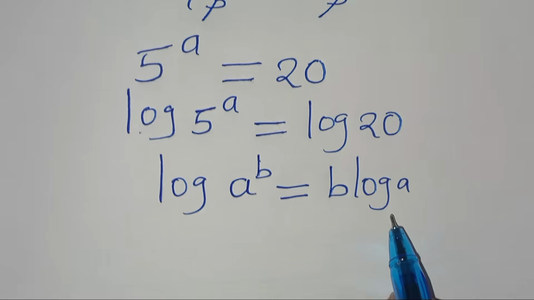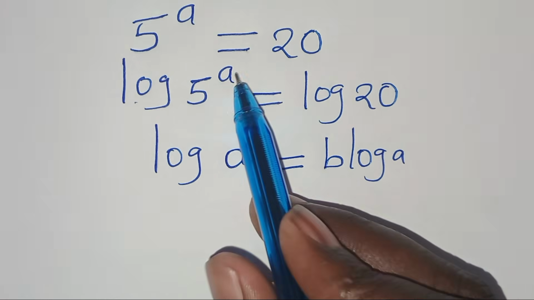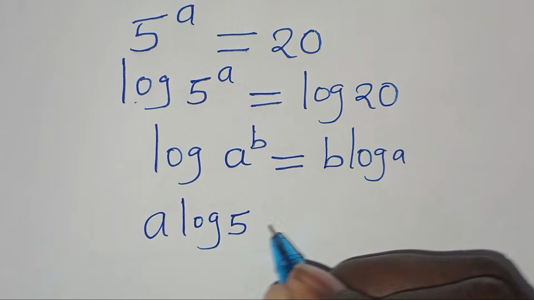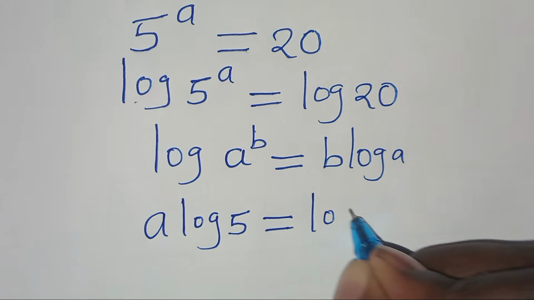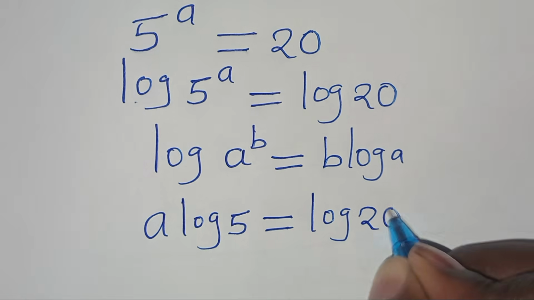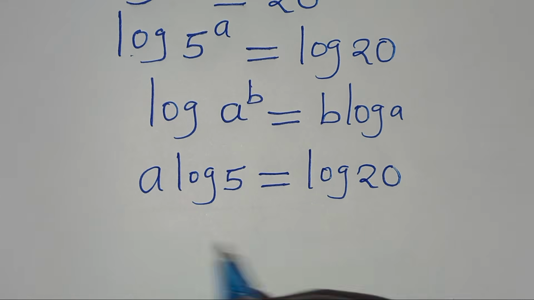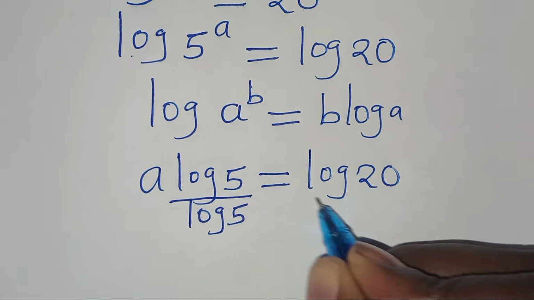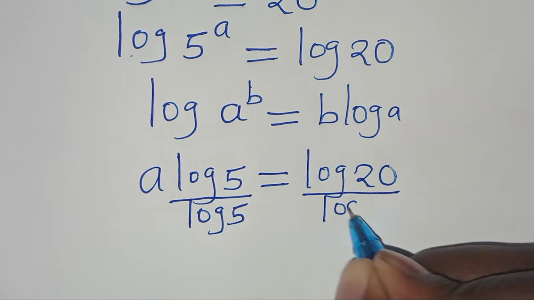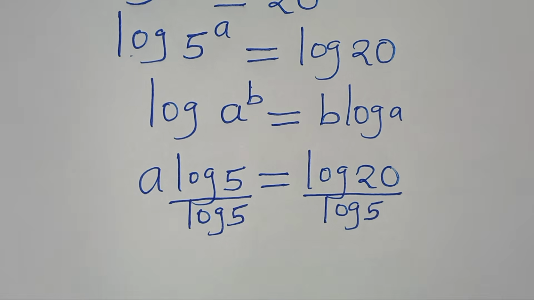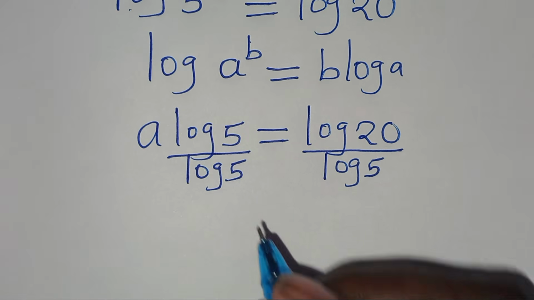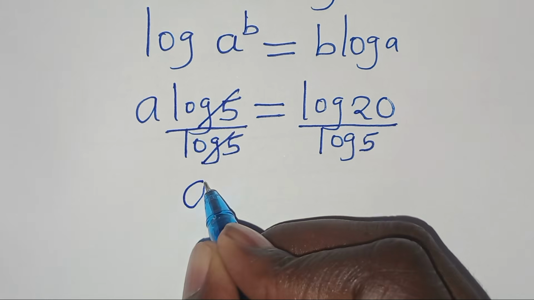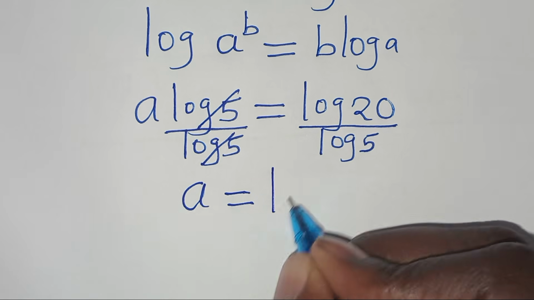Applying this power log property, log 5 to the power of a becomes a log 5. This is equal to log 20. So let's divide both sides by log 5, and also here we have log 5. Now let's simplify log 5 and log 5, so that now we have that a is equal to log 20